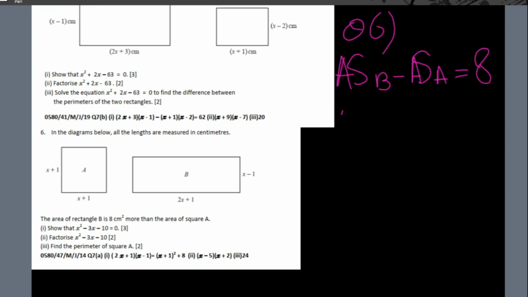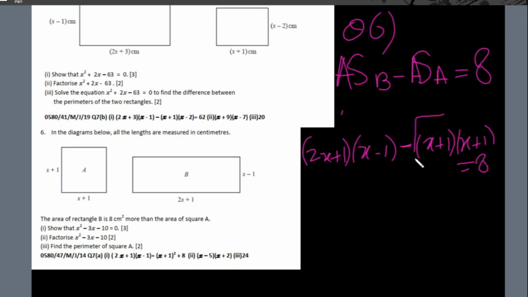So what is the expression for area of square B? That will be length times width, minus x plus 1 times x plus 1 equals 8. Now again remember to put bigger brackets around this. So I'll again open and simplify it directly. 2x square minus 2x plus x will become minus x minus 1, and then negative big brackets x square plus 2x plus 1